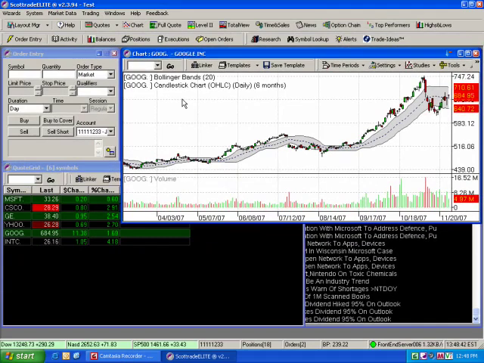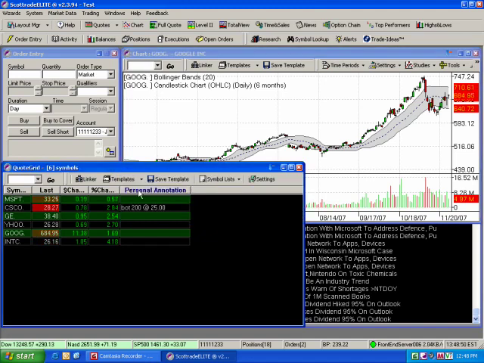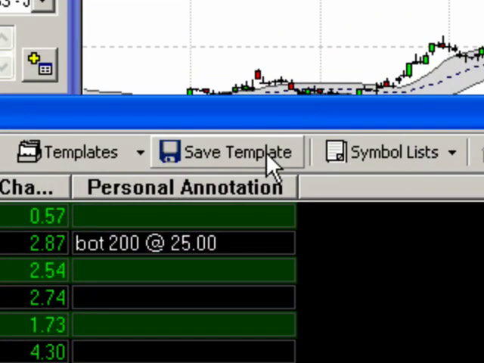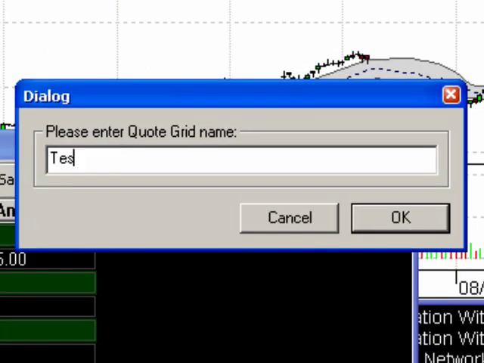Next, we've added easy save buttons for any window that has the ability to save templates. Now, we've been working on the quote grid window and we added personal annotation. We've saved this to the layout, but I also want to note how you can now save this to your template file as well. We've added the Save Template button so that all you have to do, click here, enter the name of the template,